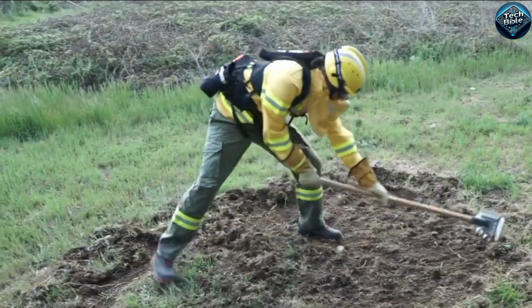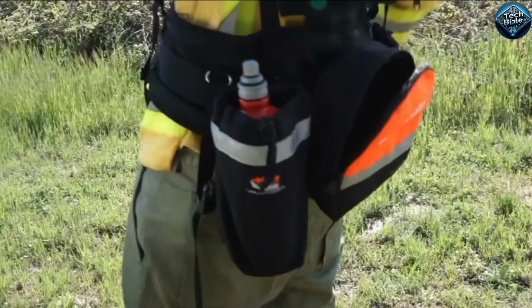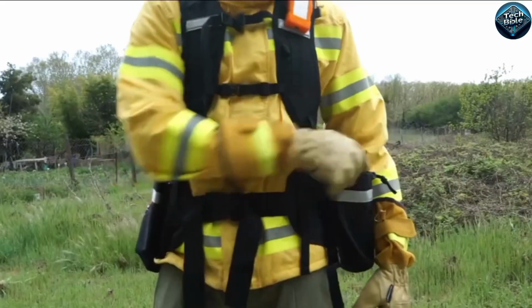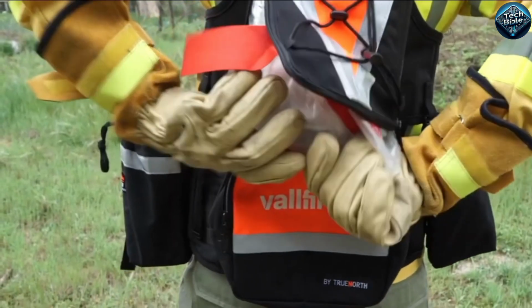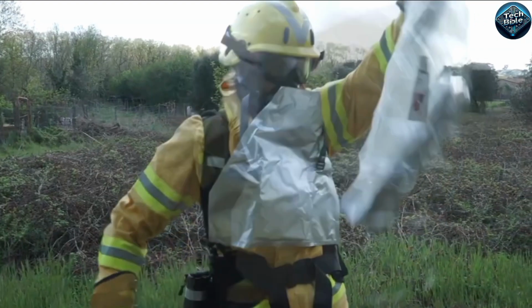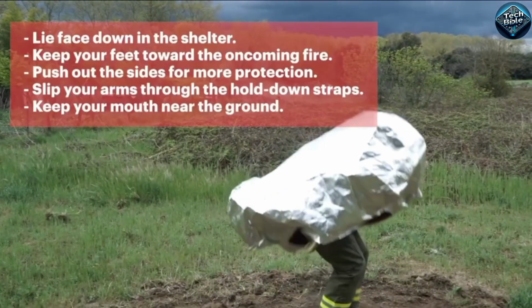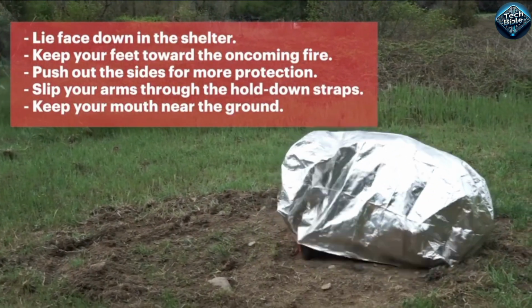Today, we're exploring the VFT Xtreme Shelter, a revolutionary life-saving gadget designed for emergencies. This portable shelter is lightweight and easy to set up, providing instant protection from harsh weather conditions. Made from durable, weather-resistant materials, it can withstand extreme temperatures and high winds, making it ideal for outdoor adventurers, hikers,